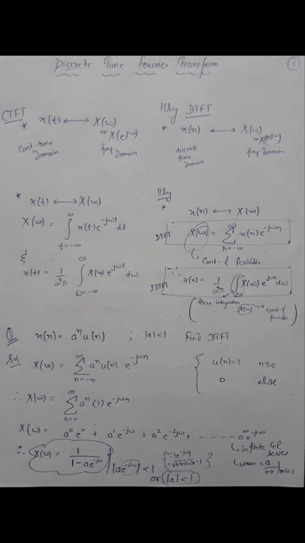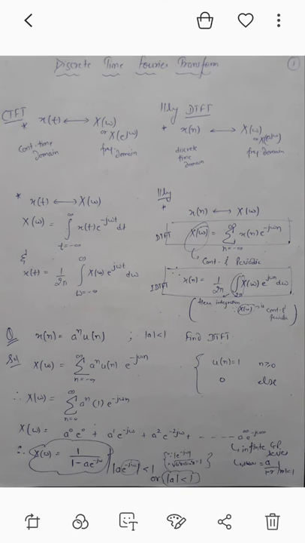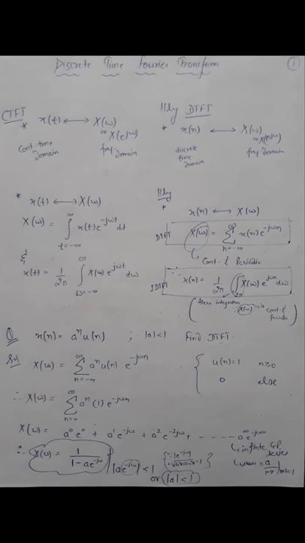We are calculating the discrete time Fourier transform or inverse discrete time Fourier transform, but why are we writing the integration sign? This is an important point, because X(omega) in the discrete time Fourier transform will always result in a continuous and periodic signal. So while calculating the inverse, we have to go for the integration because the signal is continuous. Take care of this.